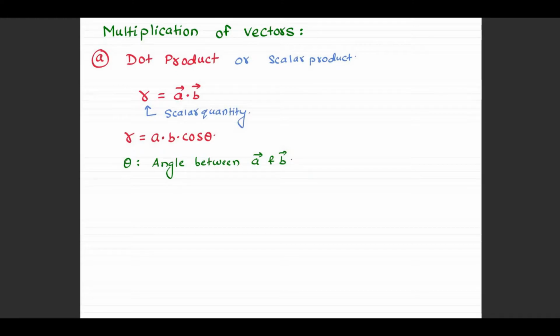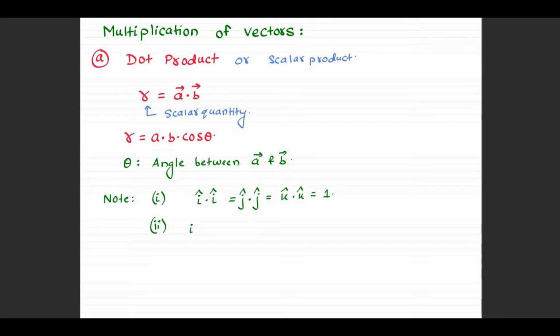Okay, there are some important notes that you should know about dot products. First, i dot i or j cap dot j cap or k cap dot k cap should be equal to how much? Can I say it is 1? Because it will be 1 into cos 0, which is again 1. So 1 into 1 into 1 will be nothing but 1.